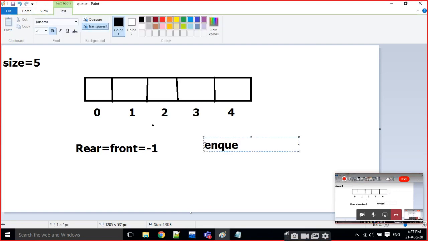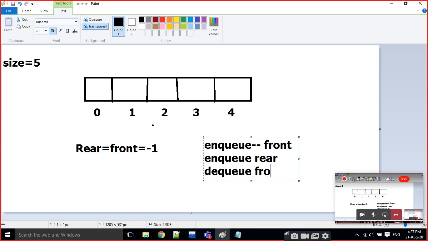NQ at front, NQ at rear, DQ at front, and DQ at rear.